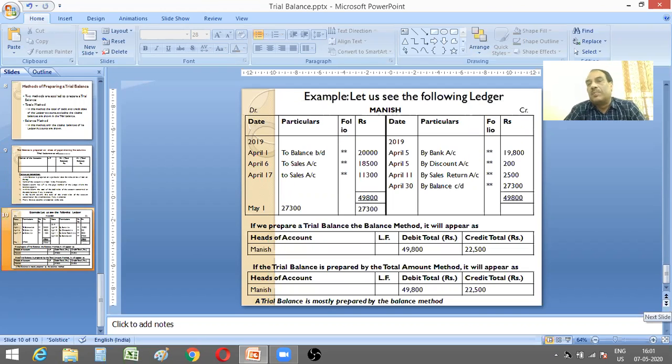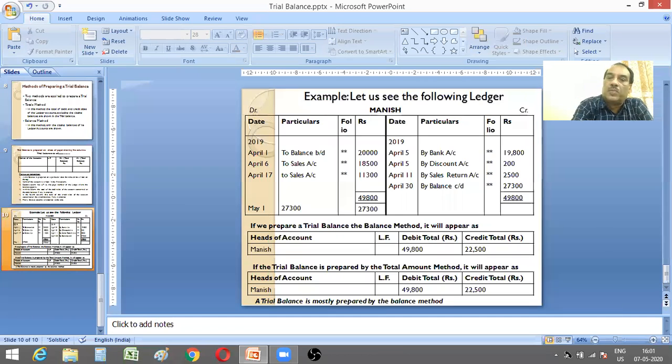Let us take an example. Let us see the following ledger. So we have a ledger of Manish. Manish is sitting there. You might be happy to see his own ledger. So it is his account, and it is a typical format of a ledger where first is the date. So it is 2019. It relates to all transactions made in 2019, so we have written 2019 on the top once only. Then on 1st April,